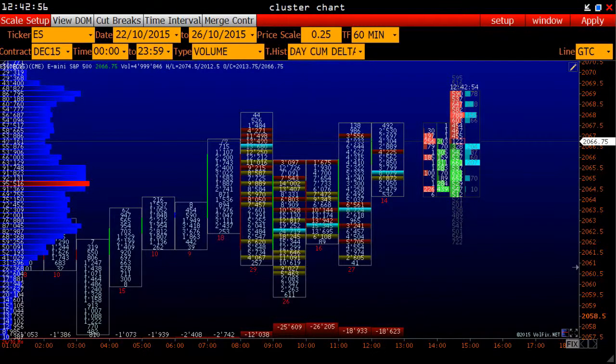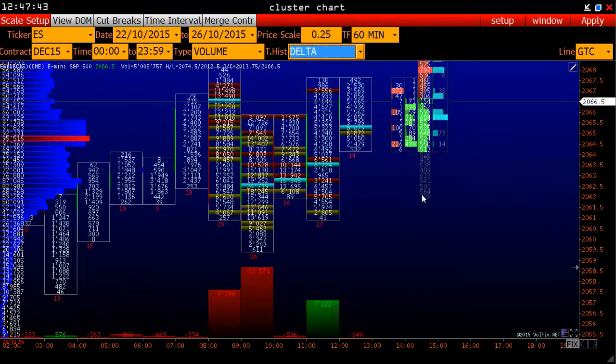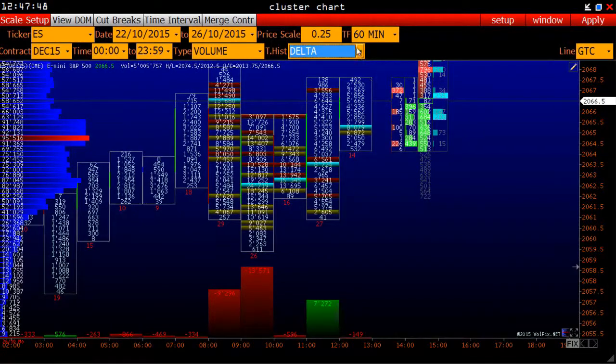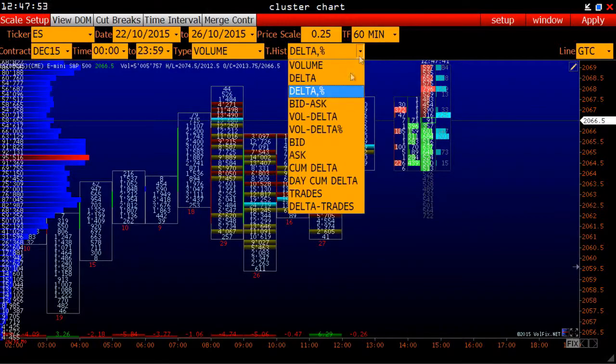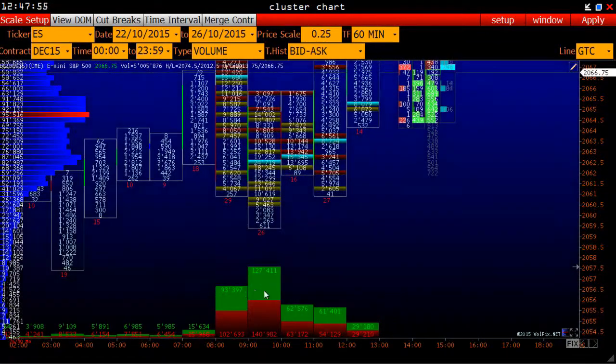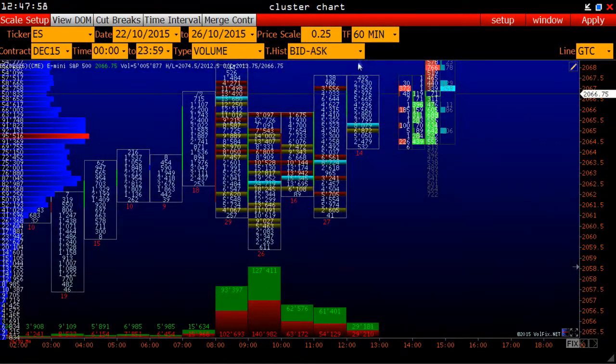We can learn about market mood in the local time intervals, for example at 5 minutes, and more globally on the daily and weekly levels. In addition to delta, we can also analyze the data using the following tools. Delta in persons, the ratio of aggressive buyers and sellers cutaway, delta in relation to the total volume,